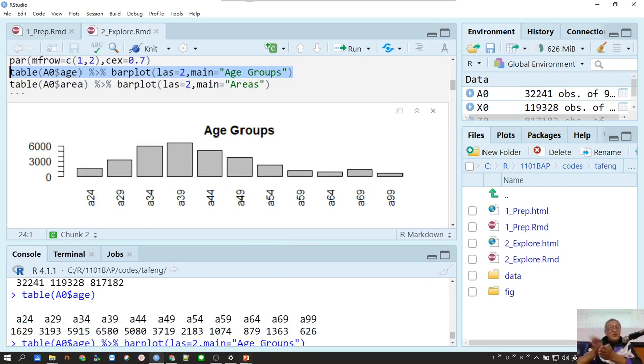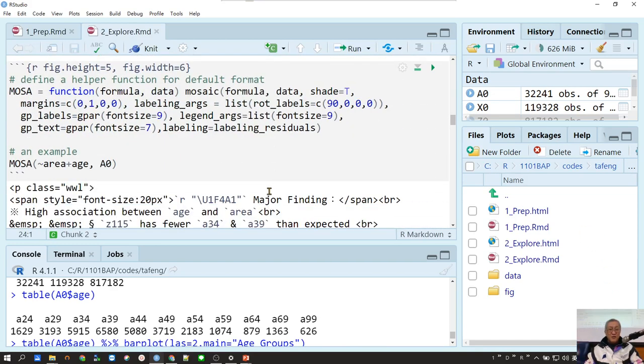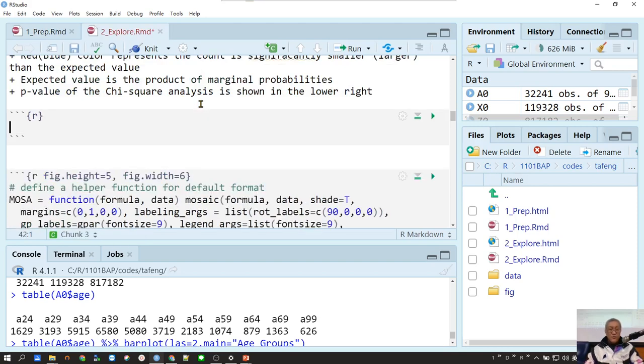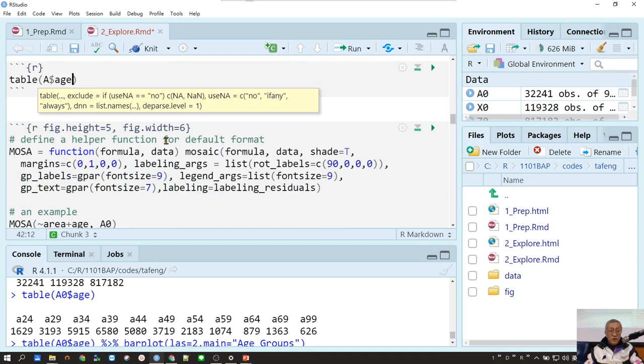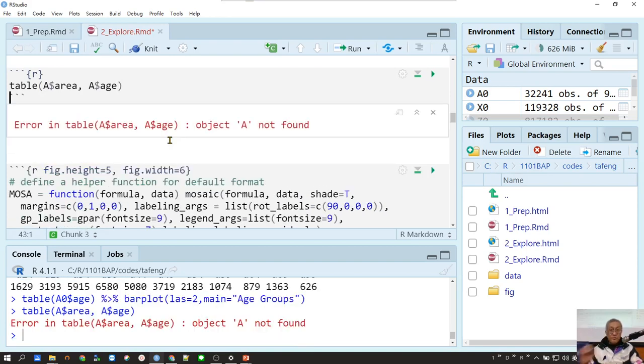Isn't it? It's a one-dimensional table, right? But how about a two-dimensional table? I mean, there are two questions. First of all, if I do a table of area and age group,